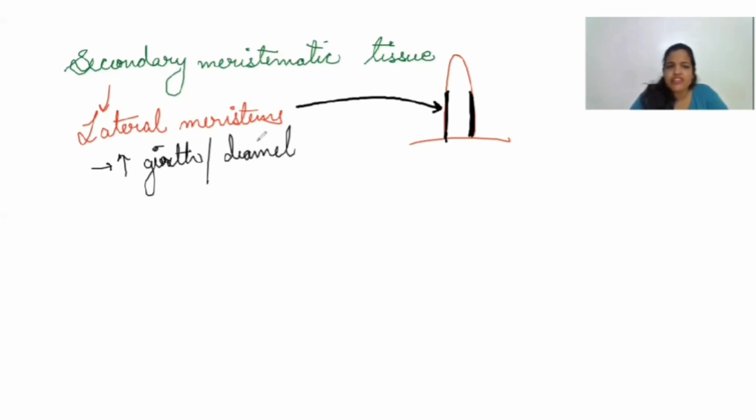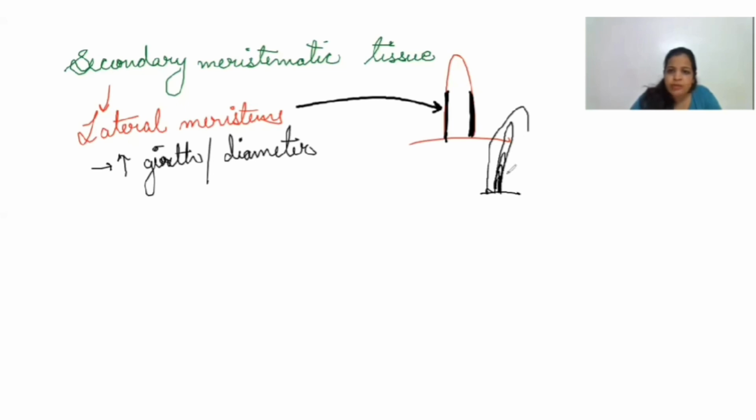Okay. Have you ever seen a tree growing from a seedling? Maybe or maybe not. So let me tell you, whether it is a monocot, whether it is a dicot, whether it is a herb, whether it is a shrub or a tree also, it always starts its life with a seed. We all know. And the seed germinates, a small seedling comes out, then the seedling grows, keep on growing, and one day it gets a certain length. It grows up to a certain age, then it starts increasing its diameter.